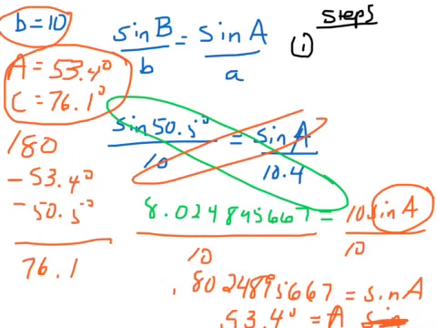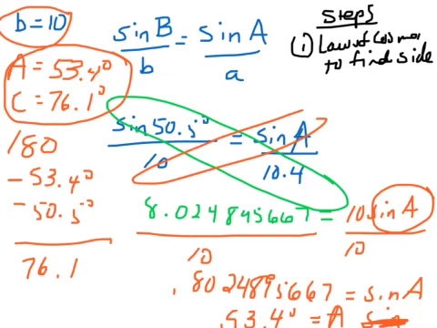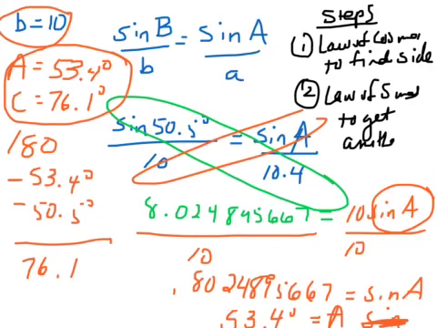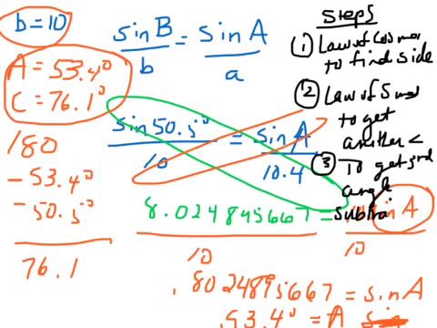So if you think about it, here's what we did. We used the law of cosines to find the missing side, that last side that we didn't have. Then we took that information and we used the law of sines to get another angle. And then the last thing we did, to get the third angle, we subtracted from 180, didn't we? That's basically what we did. So when you use the law of cosine